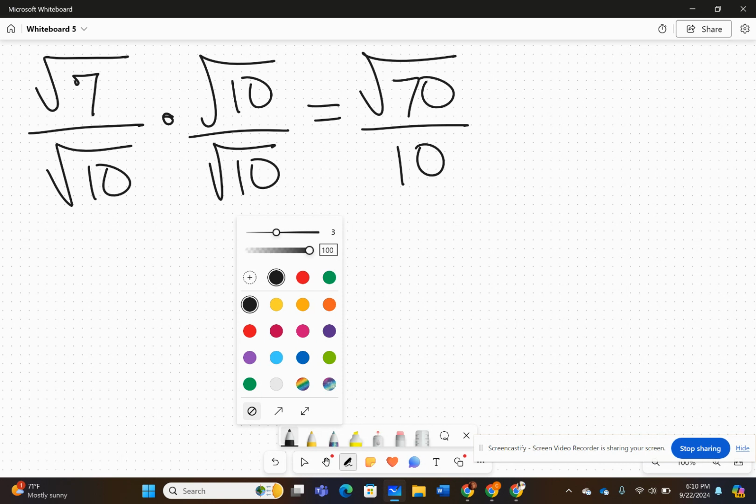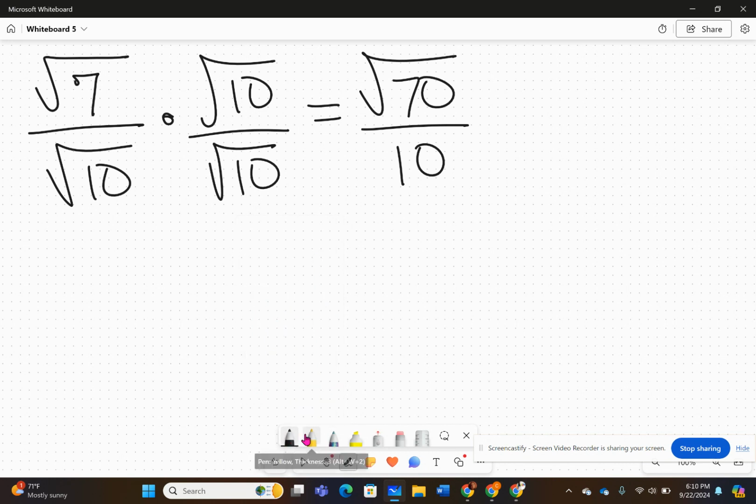Okay, let's try one that's just a little bit harder. I don't know why that doesn't close. Oh, there it goes. All right,